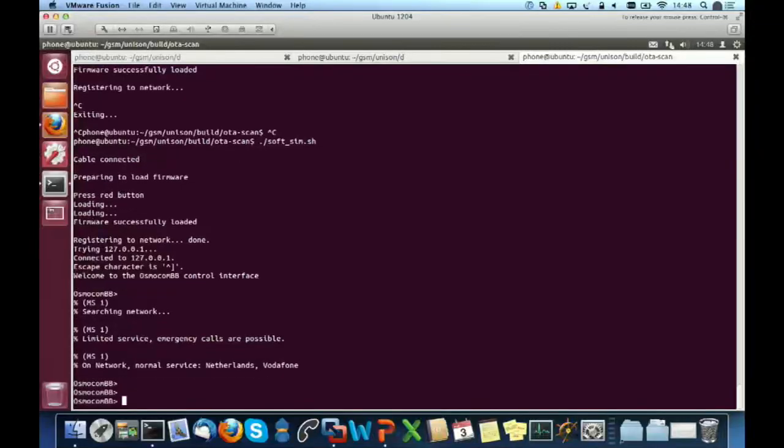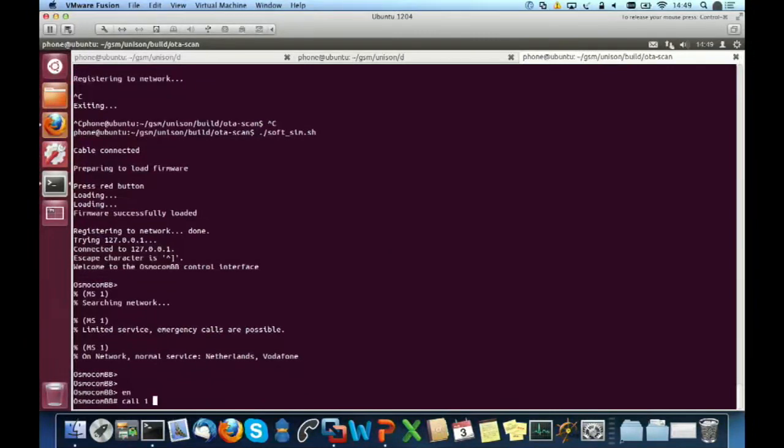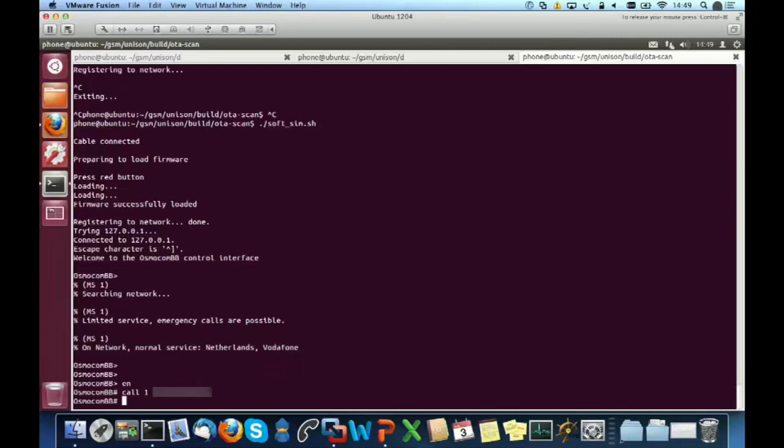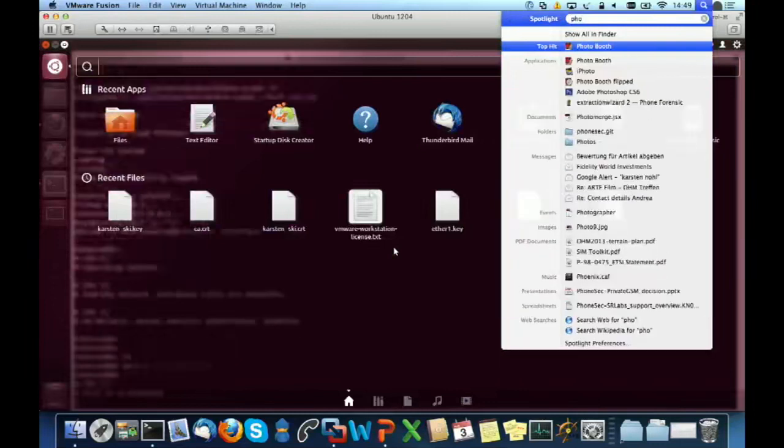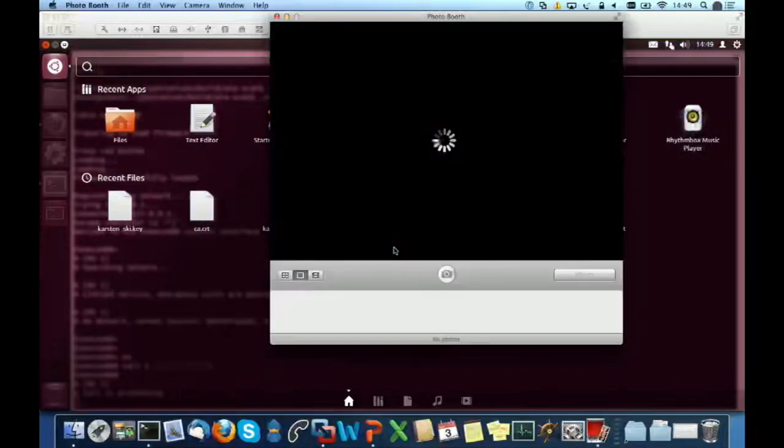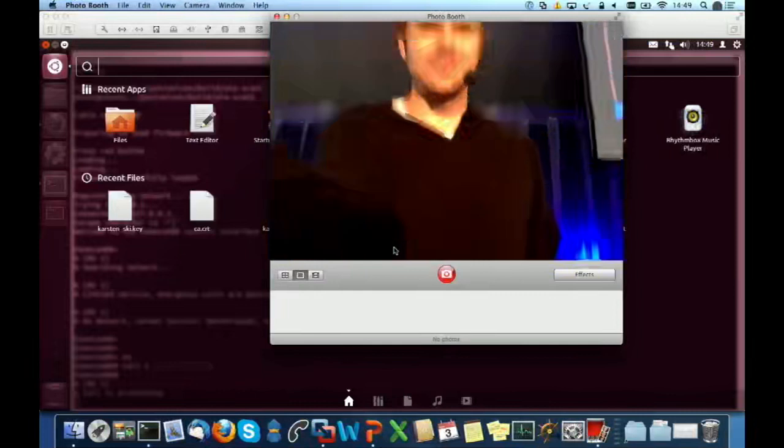Right, so okay, this actually finally logged in. So it's connected with Vodafone now, but it has nothing to do with Vodafone really. It's a roaming card. So let's try to call myself. No prank calls, please, on this number. Oops.